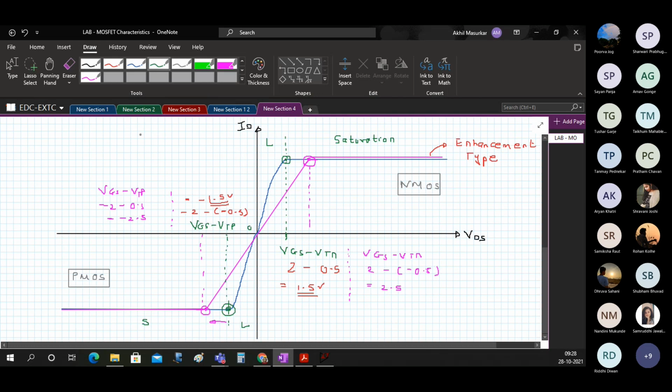So they have their own applications. So basically enhancement type NMOS, we can say, bigger saturation and smaller linear.